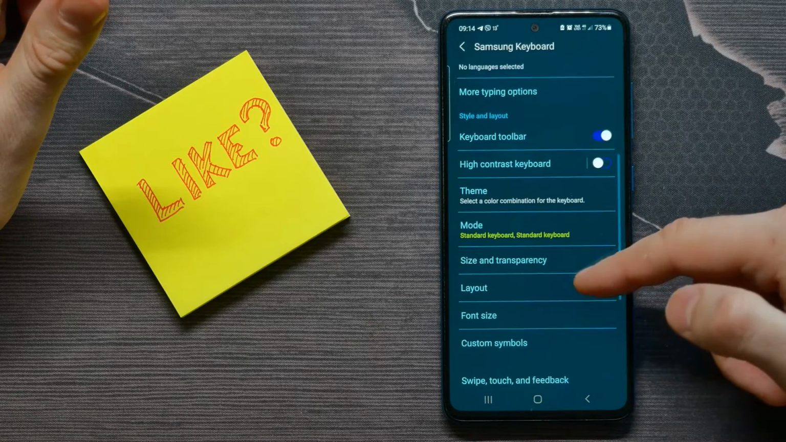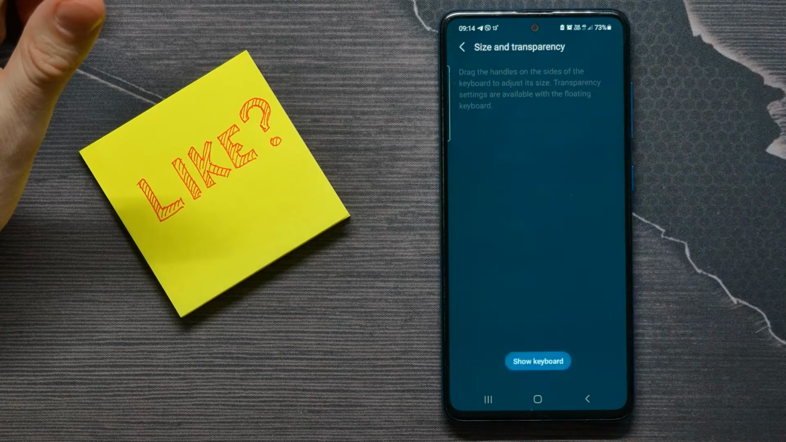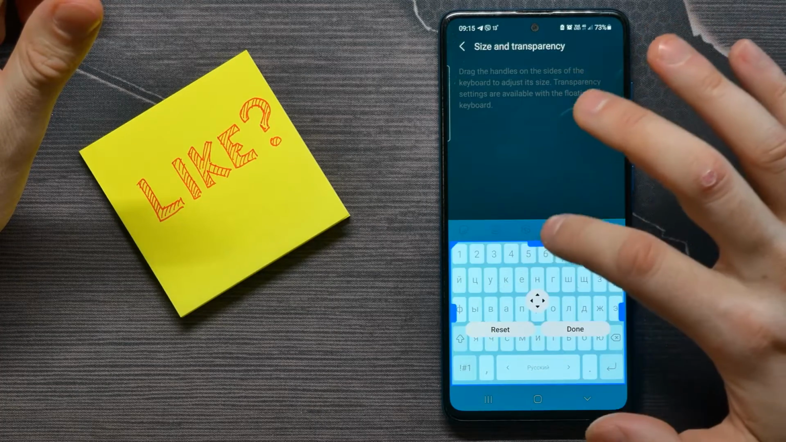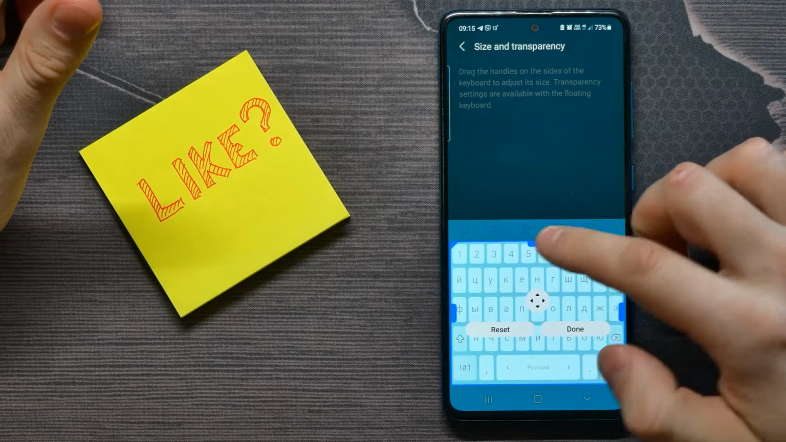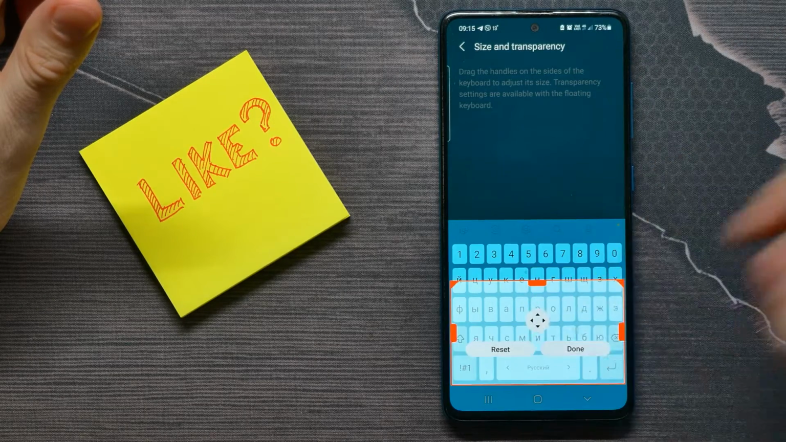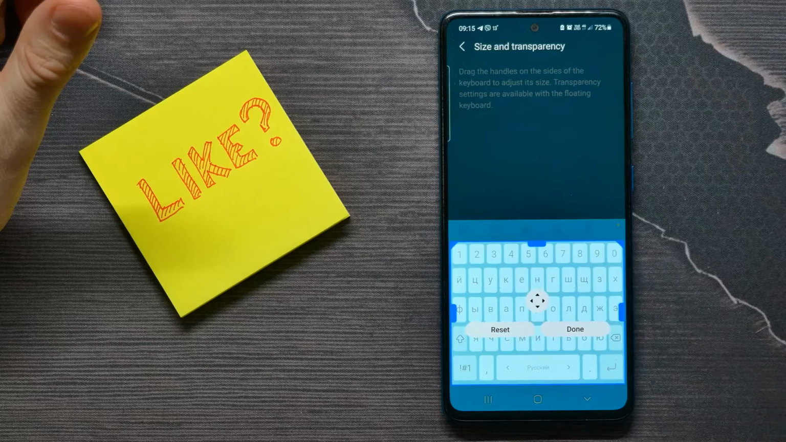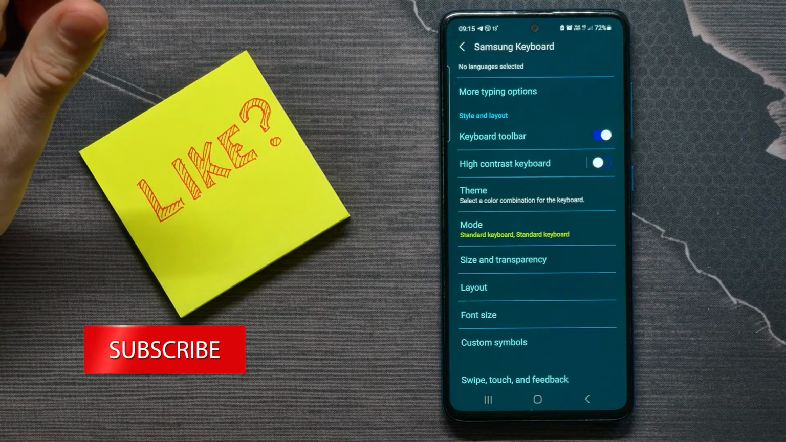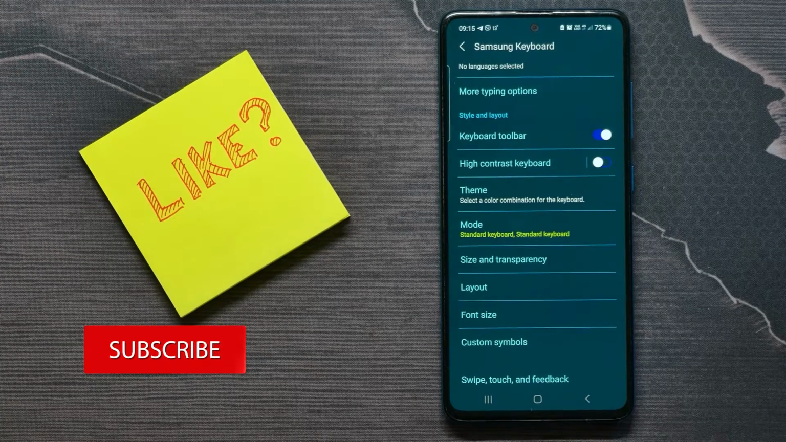There, scroll down until you find Size and Transparency, and now you can drag up or drag down the keyboard to change its size. When you finish, you can just tap done, and now if you want to change the